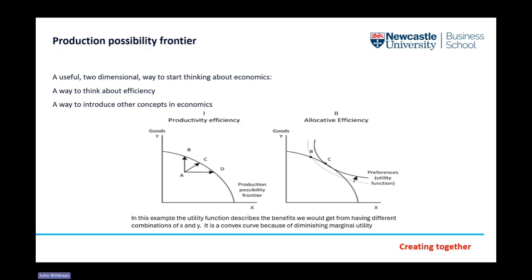Again, indifference curves, they're convex because of diminishing returns. If I have lots of guns, I'm happy to give up some guns to gain a bit of butter. If I have lots of butter, I'm willing to give up a lot of butter to gain a small amount of guns. And then we move backwards and forwards along the curves. So that's what cost effectiveness is trying to do on the left-hand side. Cost benefit analysis is trying to think about allocative efficiency on the right-hand side.